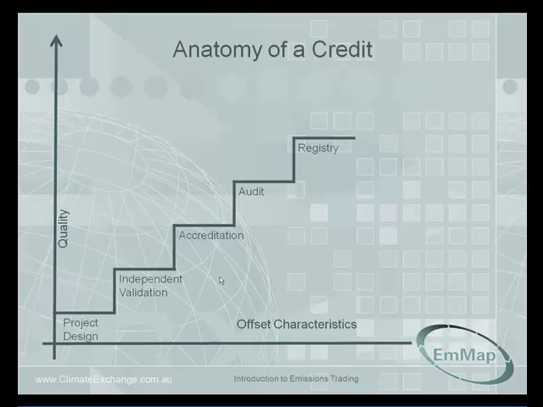Now, this is a very, very important step, because unless you buy a credit or an offset where the ownership of that credit is registered in the name of the vendor, and the credits themselves have unique identifying numbers, and the vendor shows that there is a way that you, once the transaction has gone through, can actually get your ownership registered in a recognized electronic registry for that serial range of credits, then you may as well be buying Rolexes on a street corner, because it doesn't matter how good all the documentation is, unless your ownership can be registered in a recognized and independent electronic registry, you don't own anything and